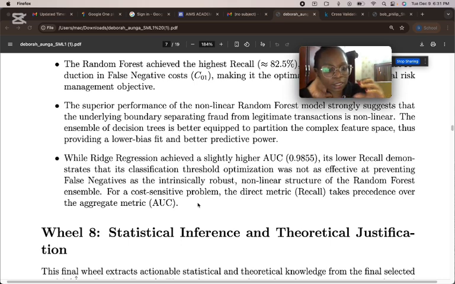Now, my takeaway from all this work is clear. The SML framework taught me that structural rigor and problem formulation are far more critical than simply running